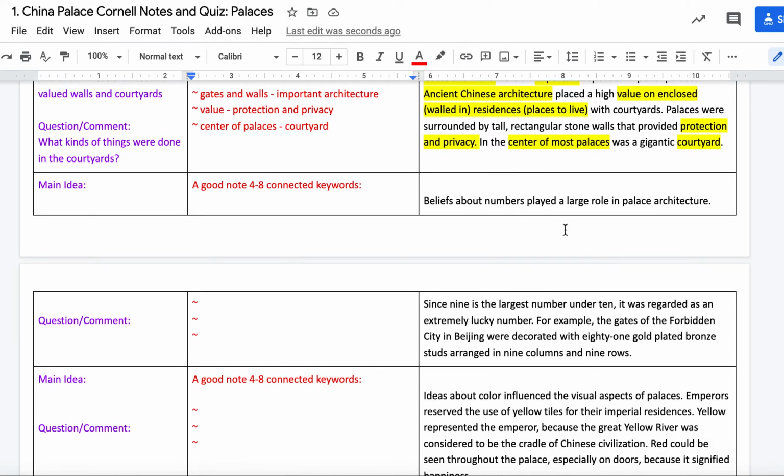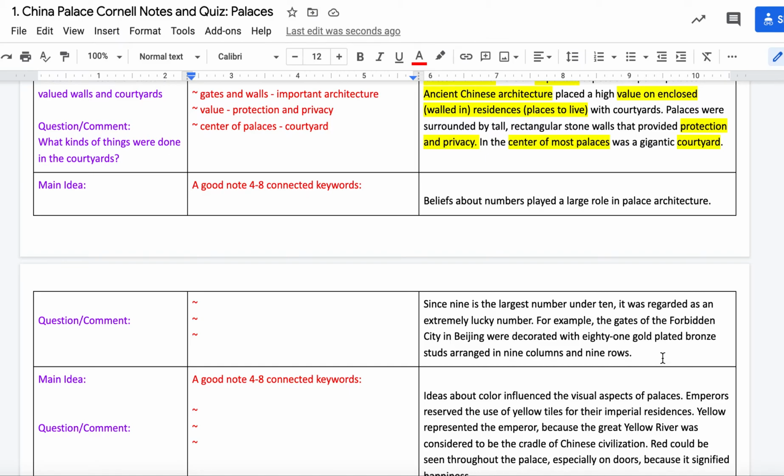Beliefs about numbers played a large role in palace architecture. Since 9 is the largest number under 10, it was regarded as an extremely lucky number. For example, the gates of the Forbidden City in Beijing were decorated with 81 gold-plated bronze studs arranged in 9 columns and 9 rows. The Forbidden City, by the way, is the biggest